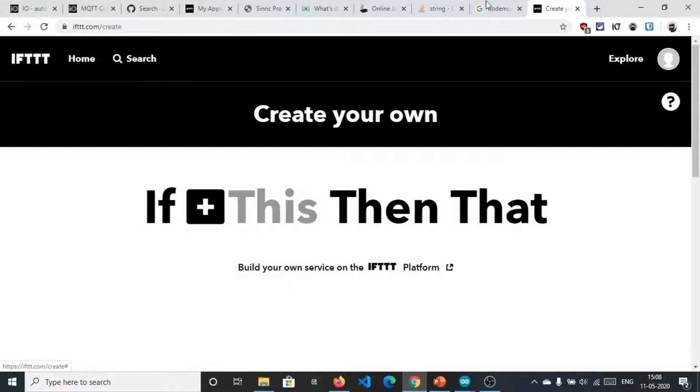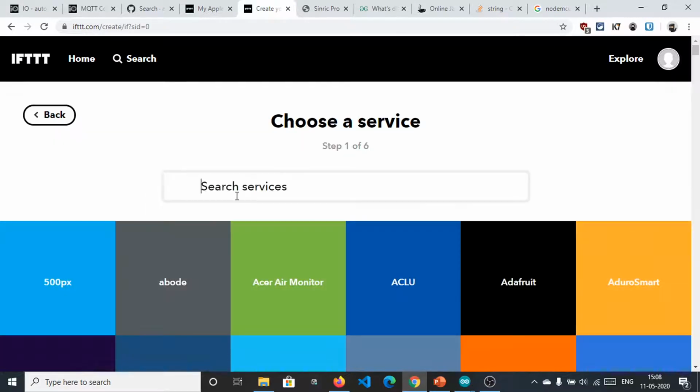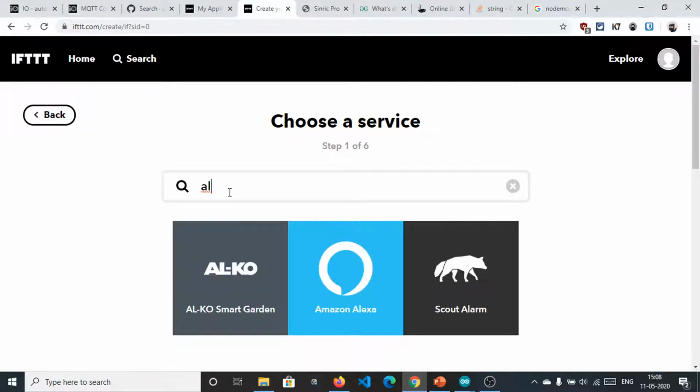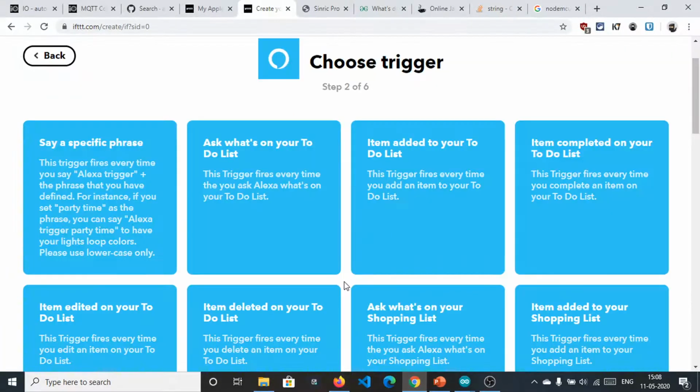So if an Alexa command is received, first this will of course be Alexa. Okay, so Amazon Alexa will be triggered if we say a specific phrase, like Alexa trigger plus the phrase that you have to define. Okay, so Alexa trigger party time.